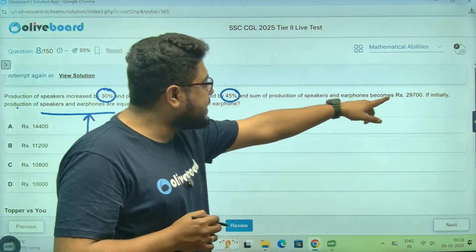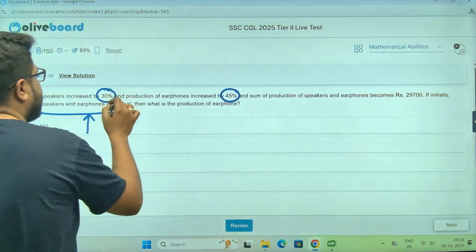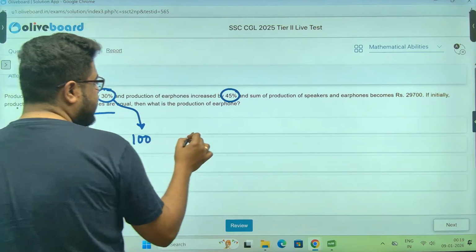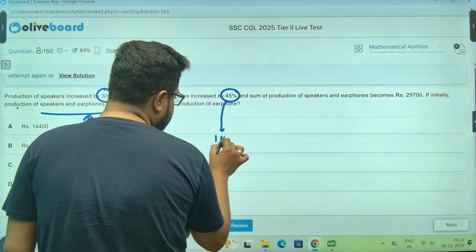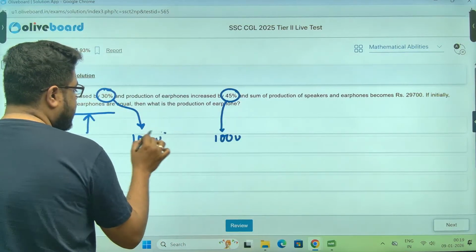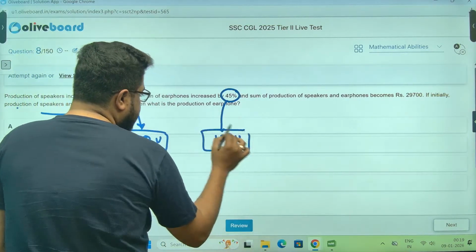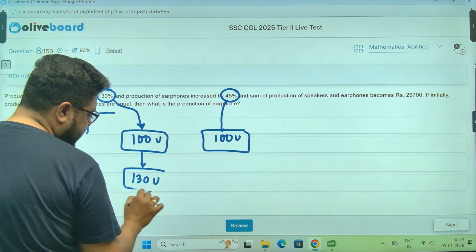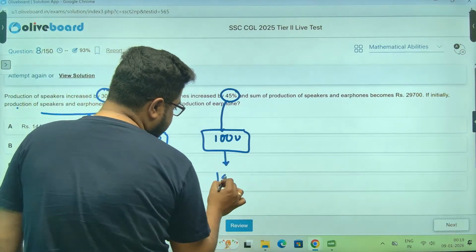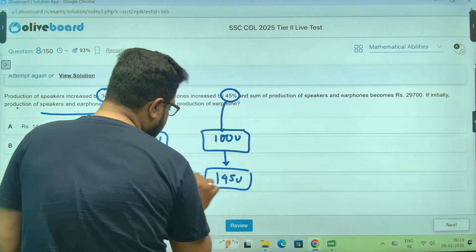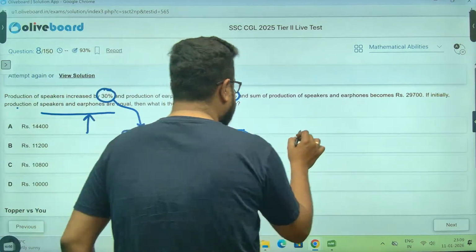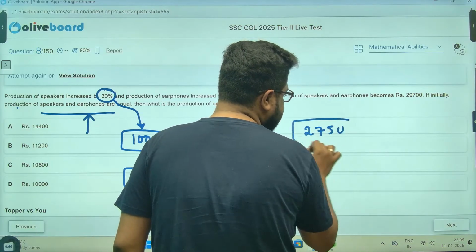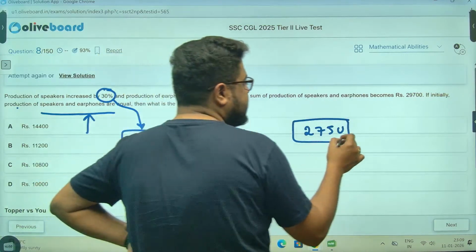So 137.5. Let's do it normally. Let's say initially 100 units and this was also 100 units. Do it like this, normal way. Now a 30% increase meaning they will produce 130 units and here it will be 145 units. Total production is 275 units. You see 137.5 into 2. That is given as